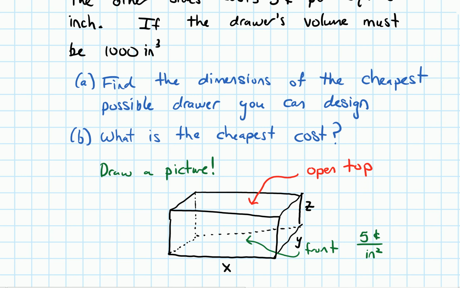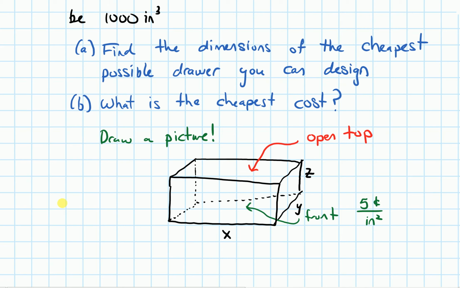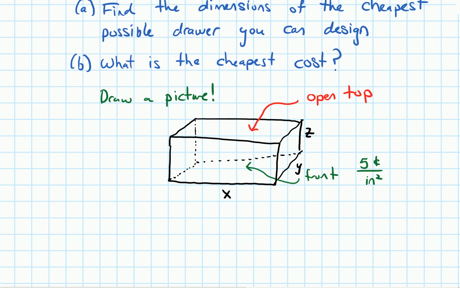Okay, so now we are ready to set up a function for the quantity that we want to maximize or minimize. Recall that we call that the objective. So because the question is asking about the cheapest possible drawer, we want to minimize the cost. So I need to set up an equation for the cost. It is my objective to minimize the cost. So for the cost here,